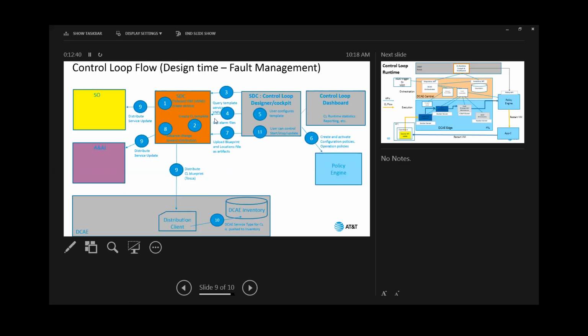So how do you describe a control loop, how do you deploy it, how do you activate it, and how do you monitor and watch it? That's essentially what we're doing. In Yov's picture, you saw one service which has 3 VNFs: the BNG, home gateway, and vRouter. For each of those VNFs, we want to attach a control loop circuit, if you like,